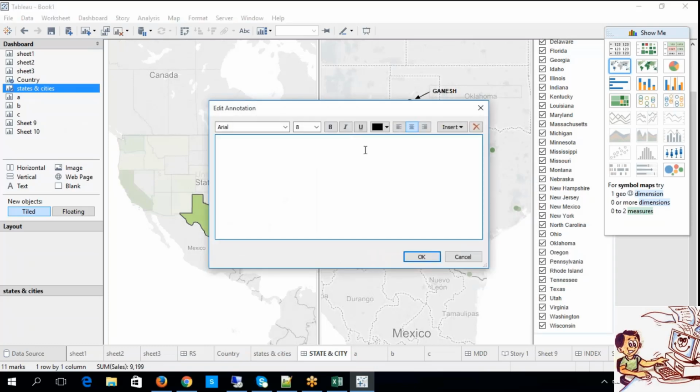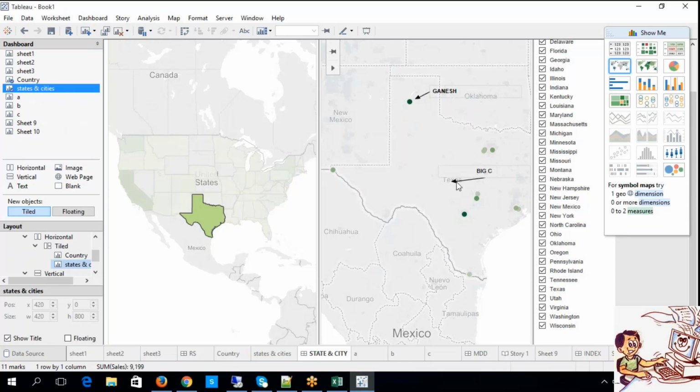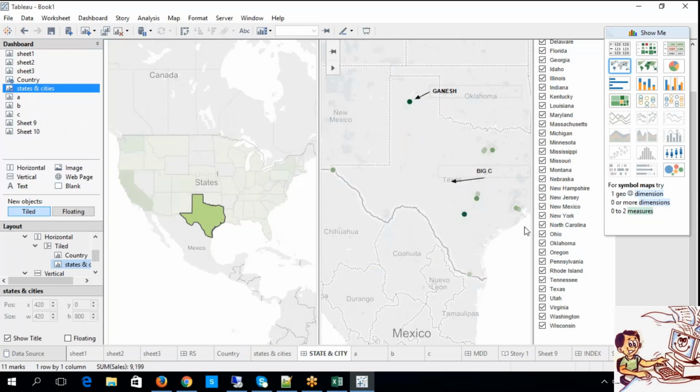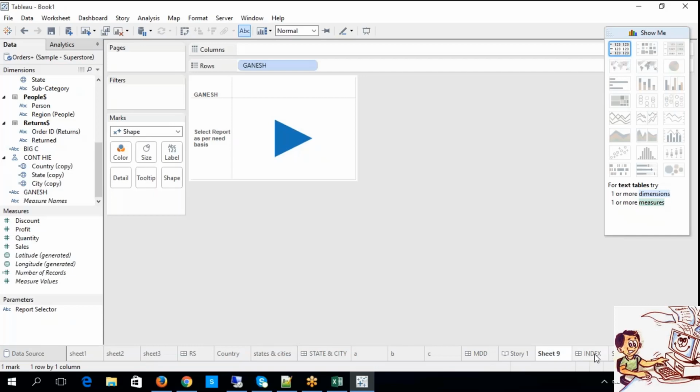Look at this. Something like that, pointers like this. See, an annotation is with a symbol and this is just a point like this. Likewise, these are all the minute things, guys. Just please try to practice with these minute elements. Yeah, show trend lines. How the trend lines will appear. Just try to practice with this.